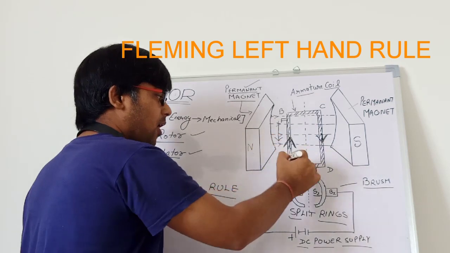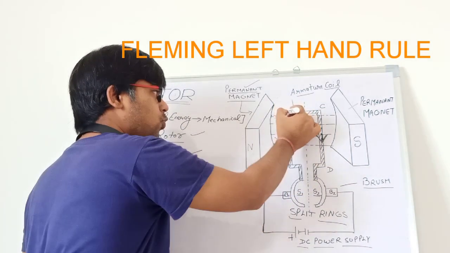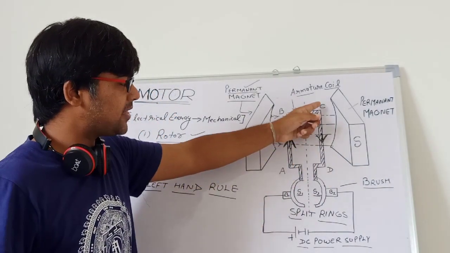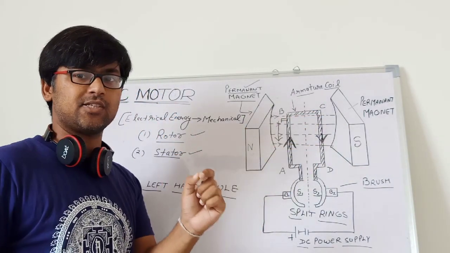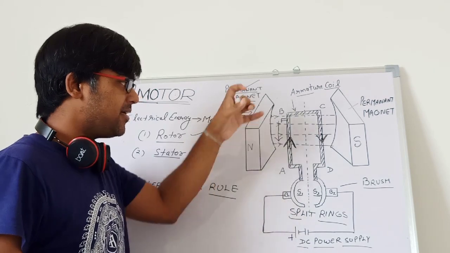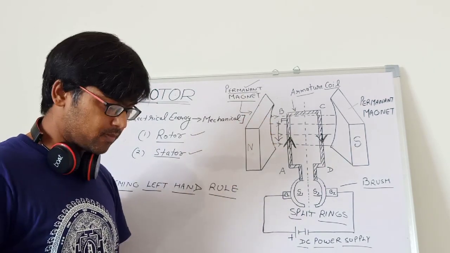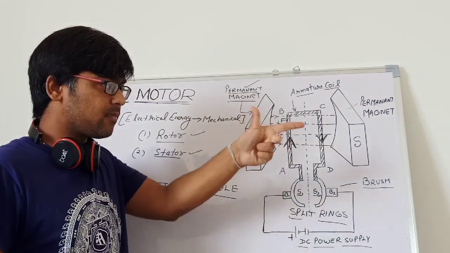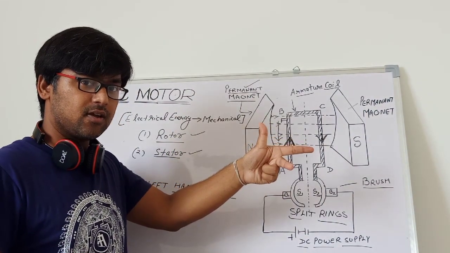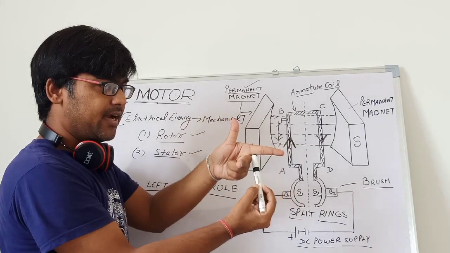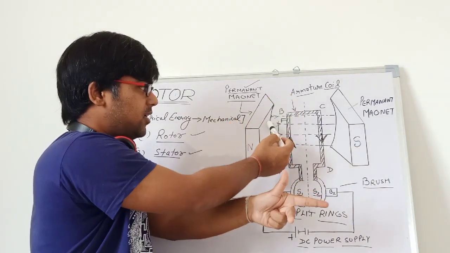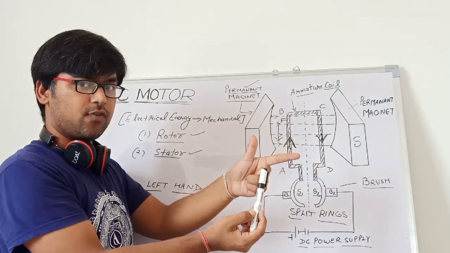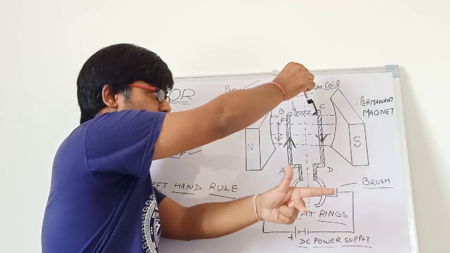Secondly, after arm AB, the current will go to arm BC and it will pass on to arm CD. Now if we take the example of CD, which is the easiest case to understand how it works, again I am going to apply Fleming's left hand rule. I am having three fingers. Clear? This finger indicates the direction of magnetic field, and this finger indicates the direction of current, as you can see. It is very easy to understand.